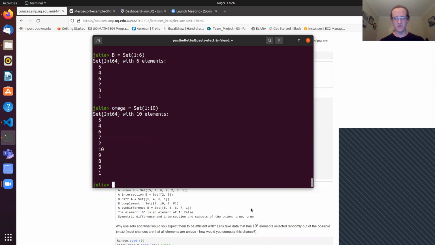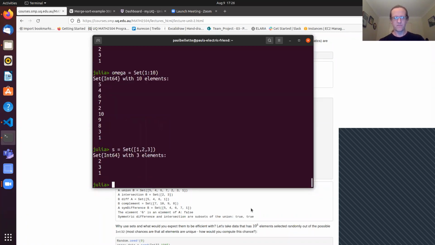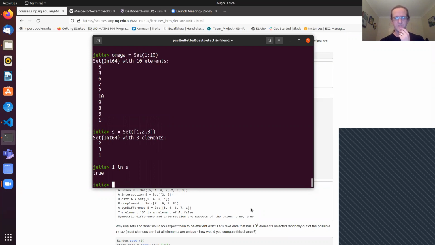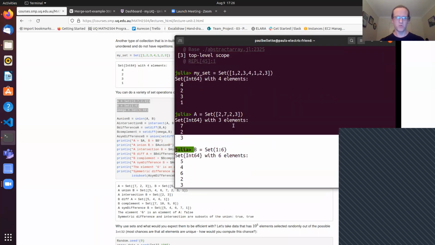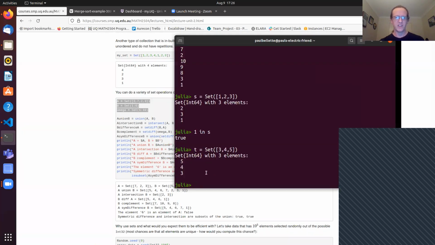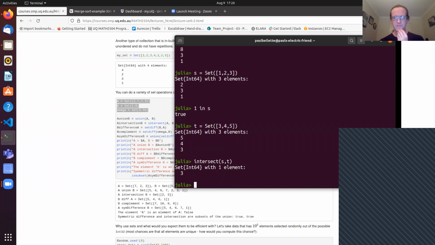So the thing you would do is s equals set, then 1 in s. True. That's the test. If you want to do set theory, or intersections or unions, t equals set 3, 4, 5, and just make sure the syntax is right. So you can do intersect of s and t. So the only thing in the intersection of those two sets